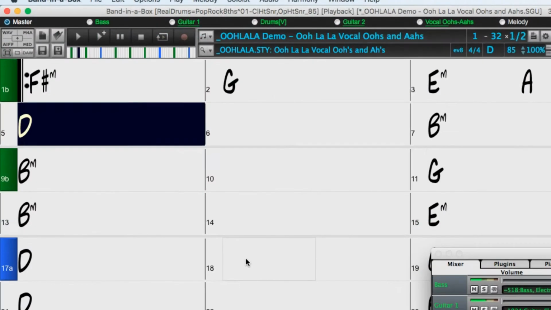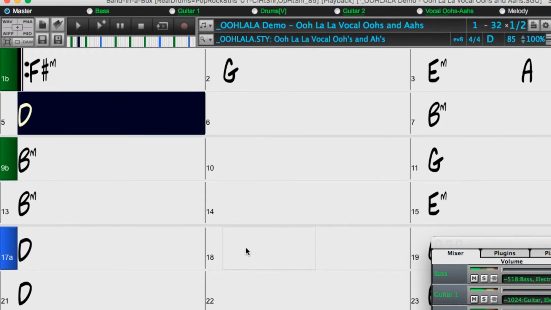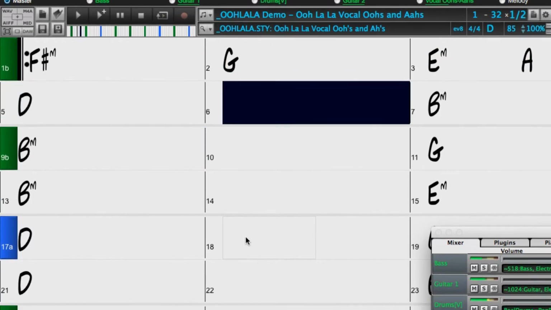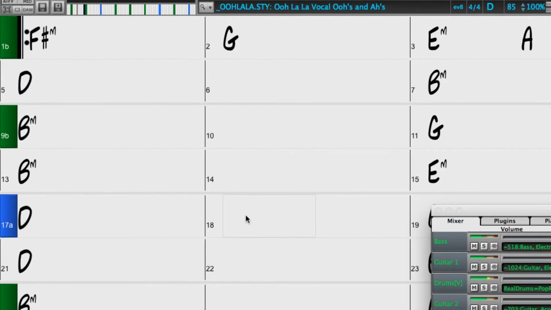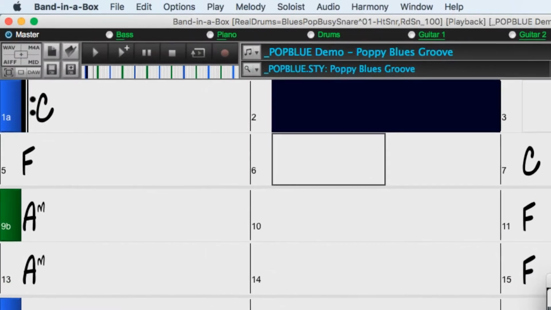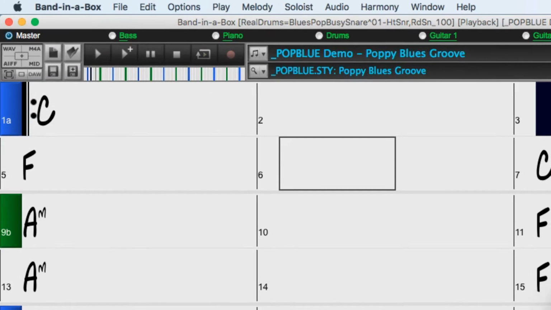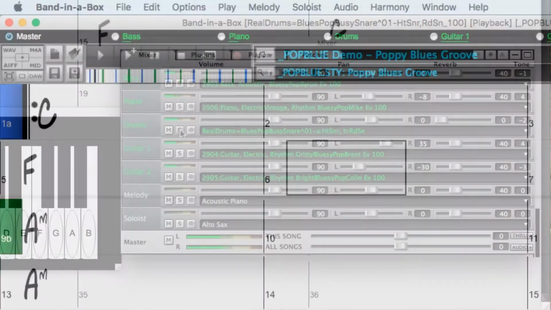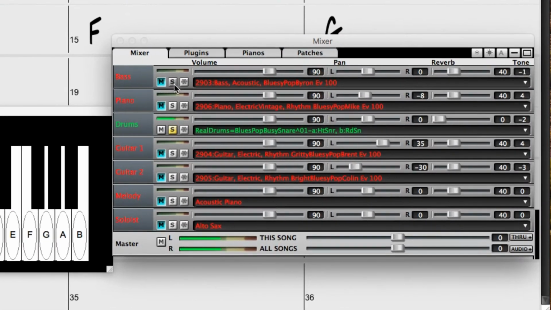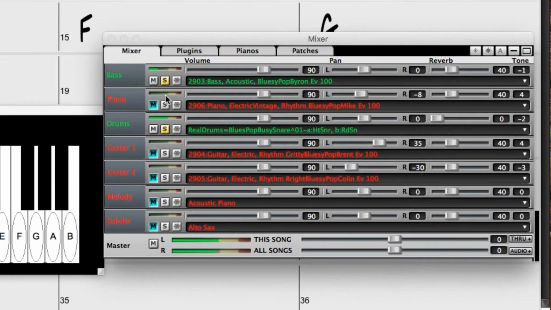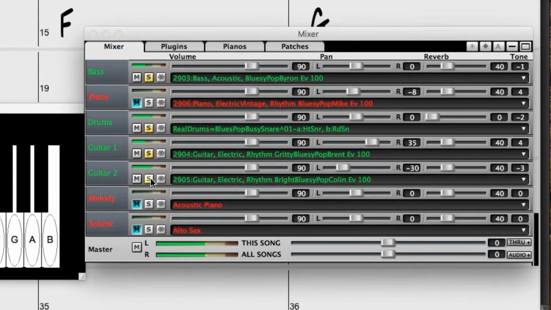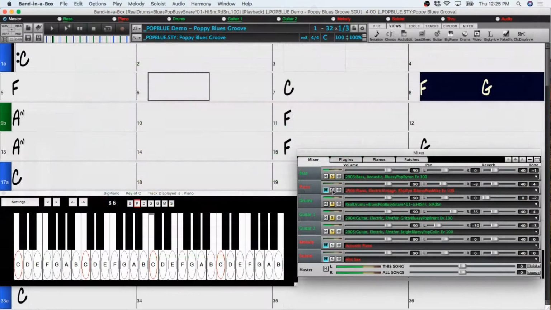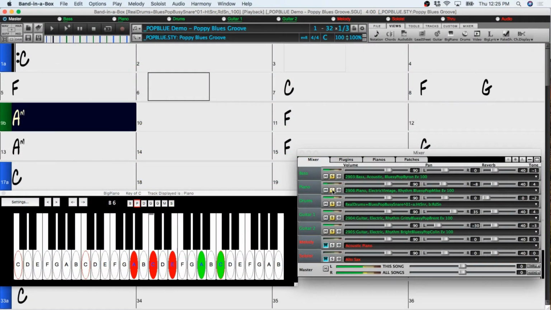So in this video, we're going to check out all of the new features, but first, let's have a look at some of the amazing new content in Band-in-a-Box, starting with some of the 202 new RealTracks. Americana has been one of the biggest user requests, and we've added 20 Americana RealTracks with drums, acoustic bass, amazing electric guitar from Brent Mason and Colin Linden, vintage electric piano,